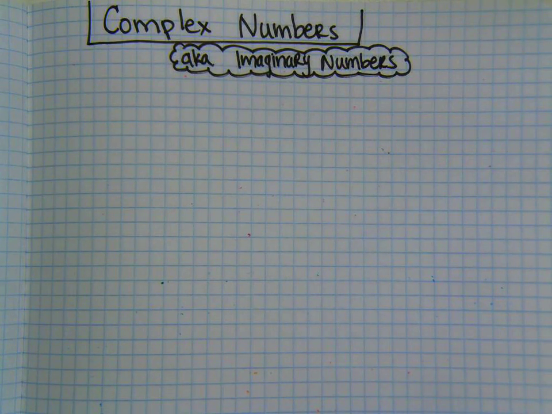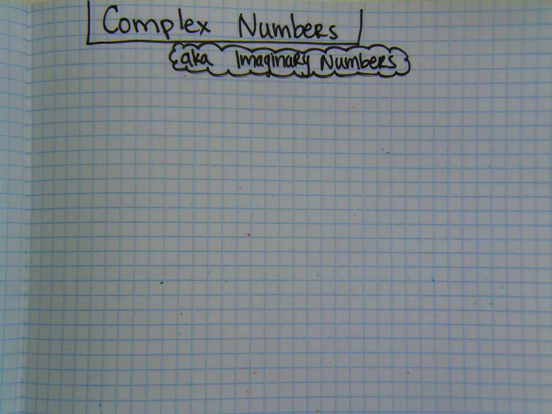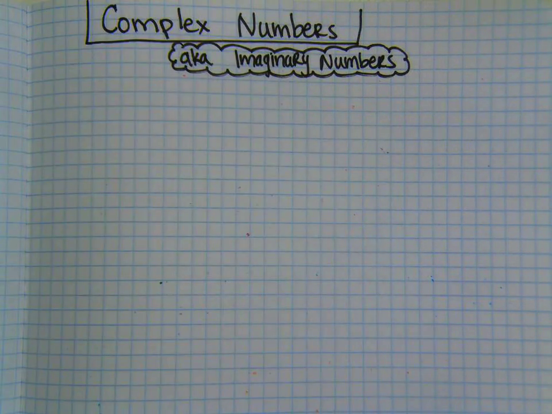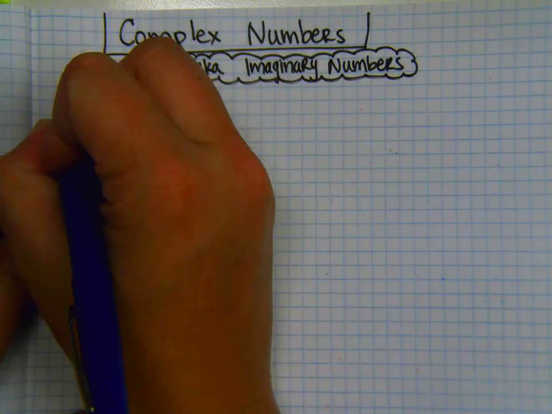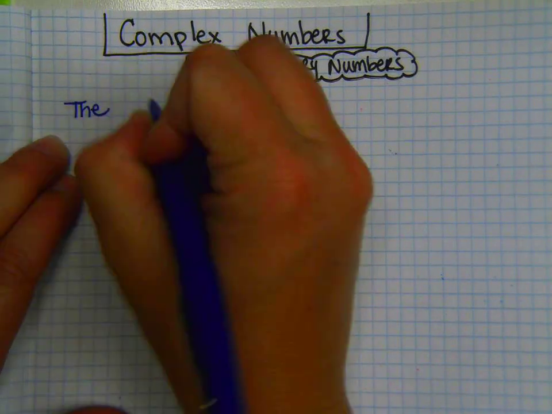So up until this point, if we've got a square root with a negative in it, we said no real solution because we can't take the square root of a negative. But now with this, we are going to be able to take the square root of a negative. So the definition of an imaginary number is